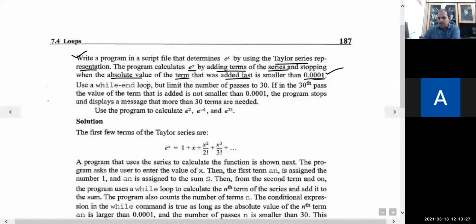So here a condition is given. These types of things are very important whenever you are doing numerical computation. For example, in approximation theory or anywhere, you will find all these. This while loop is very interesting.